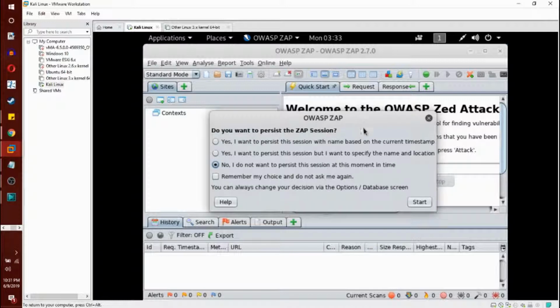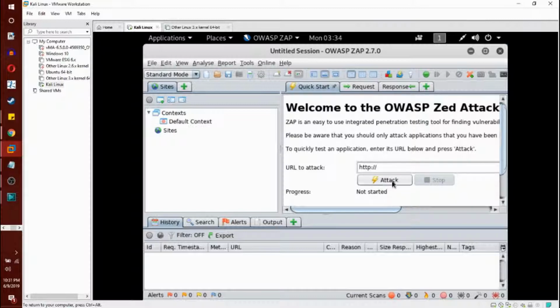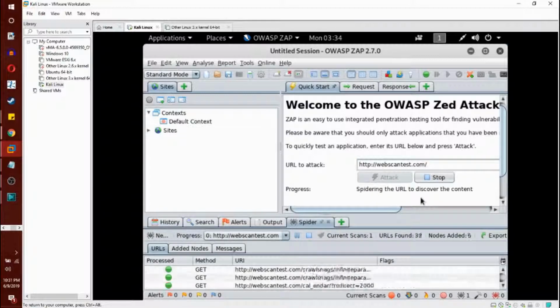When you open it, it's going to greet you with this. Usually I just click this if you're just experimenting with everything. So you click Start. The first thing you're going to want to do is start it. Usually I go to webscantest.com because that's what we used in our mirroring websites video. You click that, click Attack, and it's going to start spidering the URL